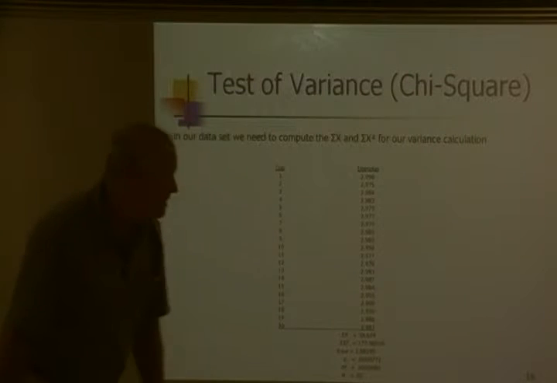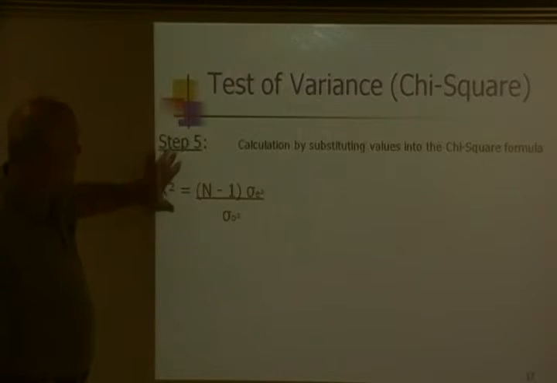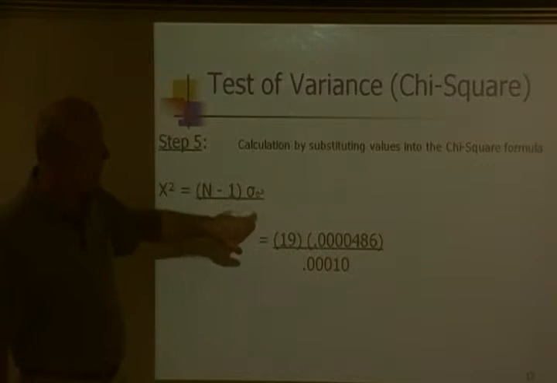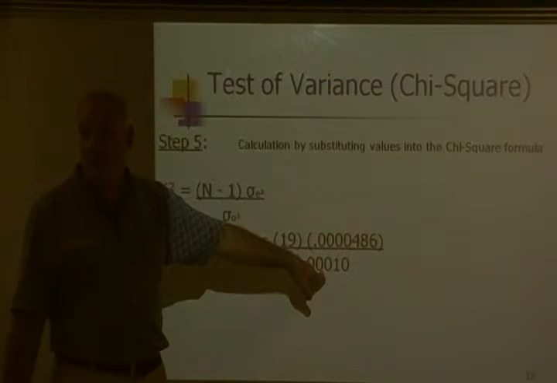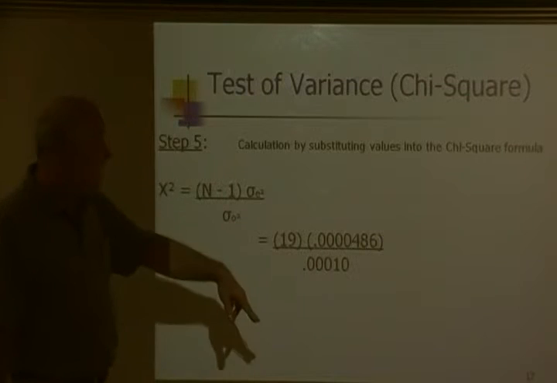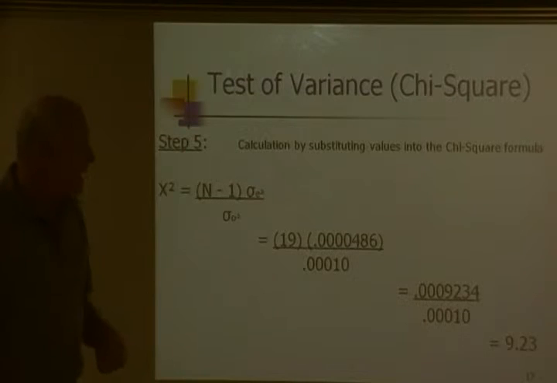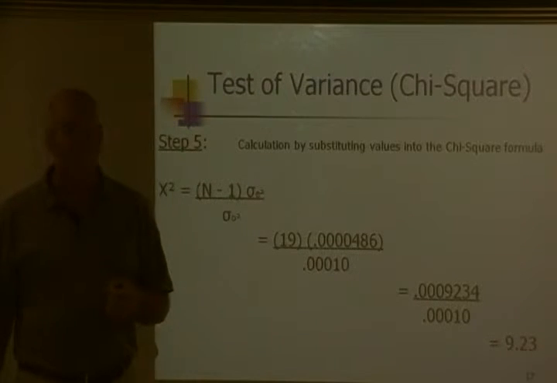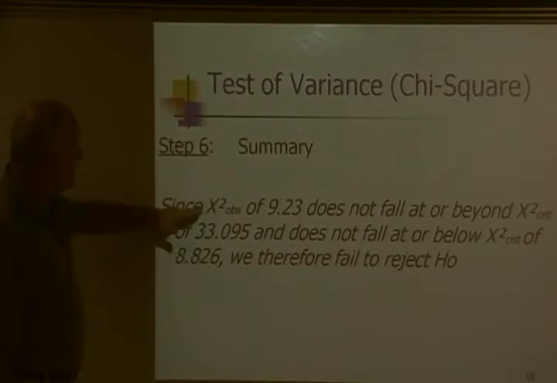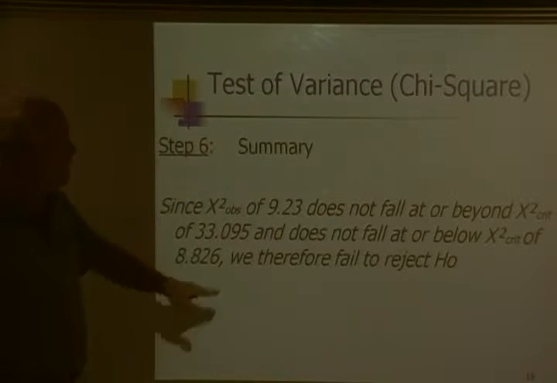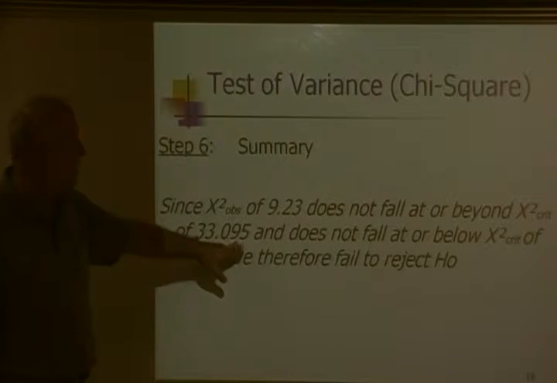Our calculated variance is going to be 0.0000486. And so as we run it through the numbers, we have 20 minus 1, or 19, times our calculated versus the standard, the national norm, okay? And we run it through the numbers and we find a chi-square value of 9.23, okay? 9.23. So, summary, since chi-square observed of 9.23 does not fall at or beyond chi-square critical of 33.095, and does